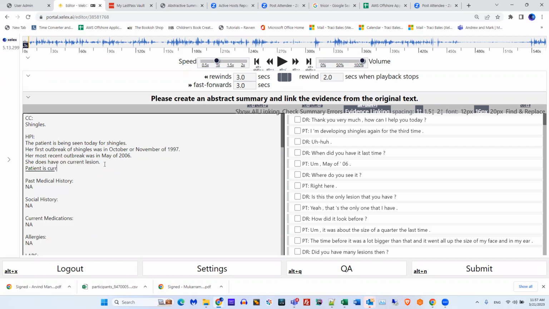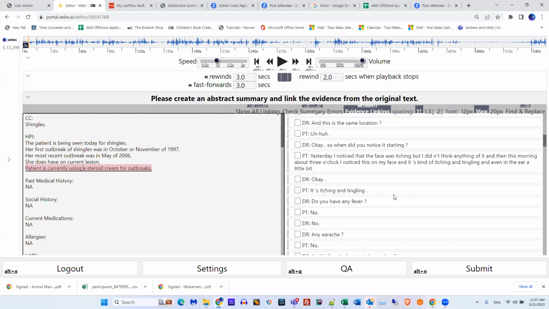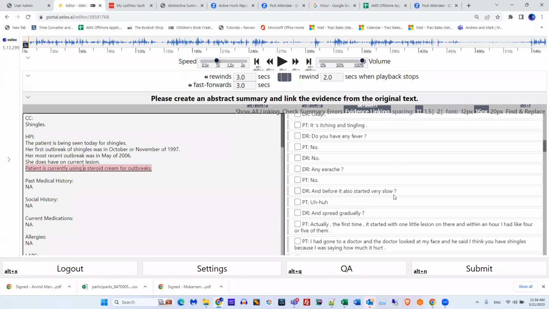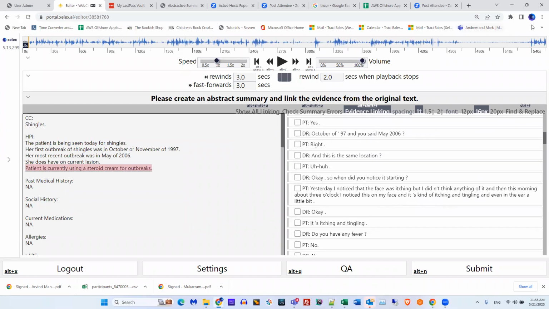Patient is currently using a steroid cream for outbreaks. And I'm not sure if that's in the text. We're going to imagine it is. I'm going to see if I can find it, but I don't think it is. You can use your search in the browser to find words.